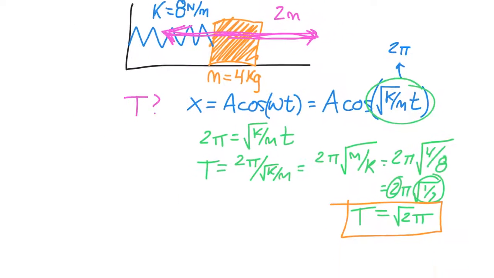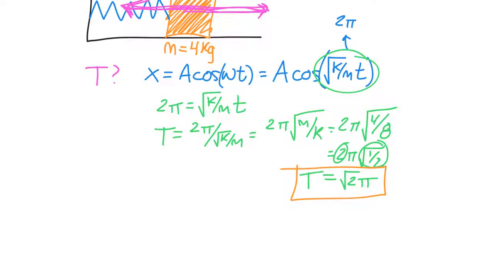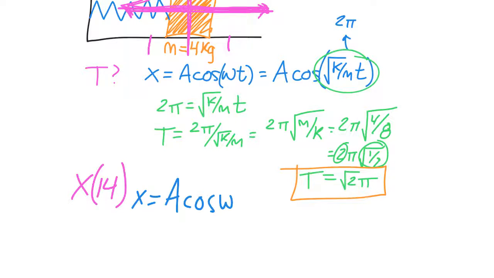The next thing we might want to know is, where will this thing be in 14 seconds? So we pull it back, let it go, it's bouncing back and forth. What position, what is the x value as related to the equilibrium will it be after 14 seconds? So we can use our equation again, x equals A cosine omega t, or x equals our amplitude, which we stretched it back 2 meters,